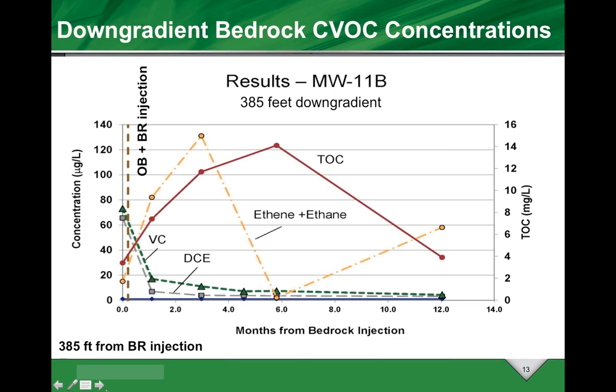Montreal 11B is almost 400 feet down gradient from the bedrock application. And what you can see here is that even at that distance down gradient, we are seeing TOC increase, and we are seeing our daughter products, vinyl chloride and dichloroethene, both decline, and we're seeing good appearance of ethene and ethane